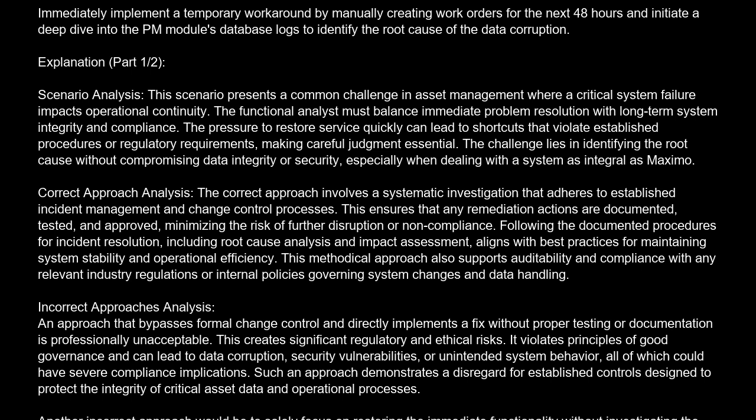data handling. Incorrect approach analysis. An approach that bypasses formal change control and directly implements a fix without proper testing or documentation is professionally unacceptable. This creates significant regulatory and ethical risks. It violates principles of good governance and can lead to data corruption, security vulnerabilities, or unintended system behavior, all of which could have severe compliance implications. Such an approach demonstrates a disregard for established controls designed to protect the integrity of critical asset data and operational